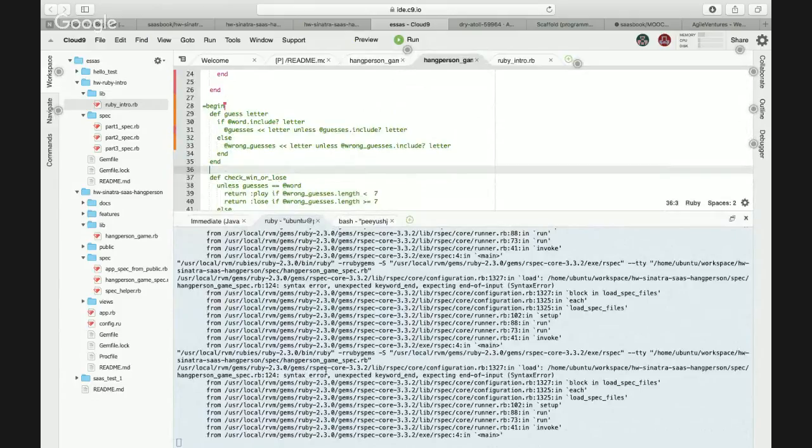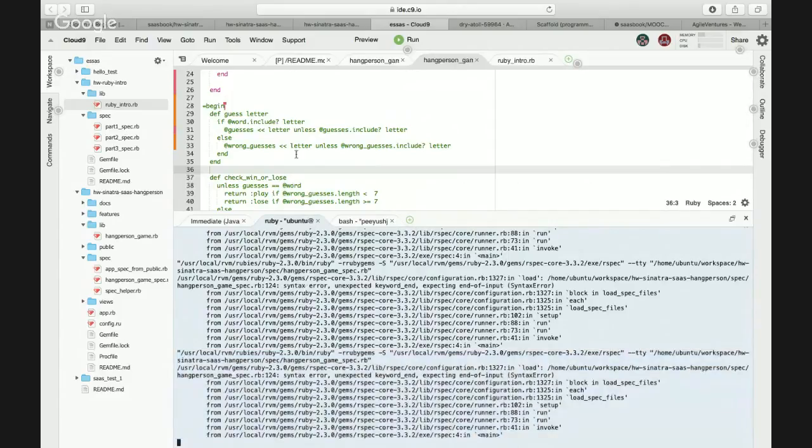When the save is happening, this last bit in the terminal comes up, but it stops after it, not showing anything at all. Okay, what's the error? Syntax error. Unexpected keyword end. Expected end of input.